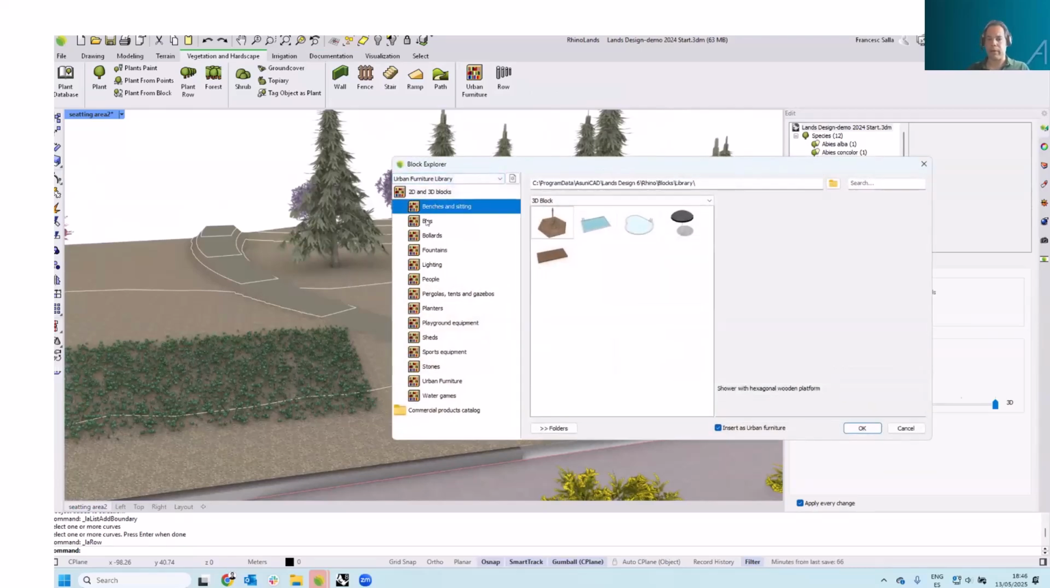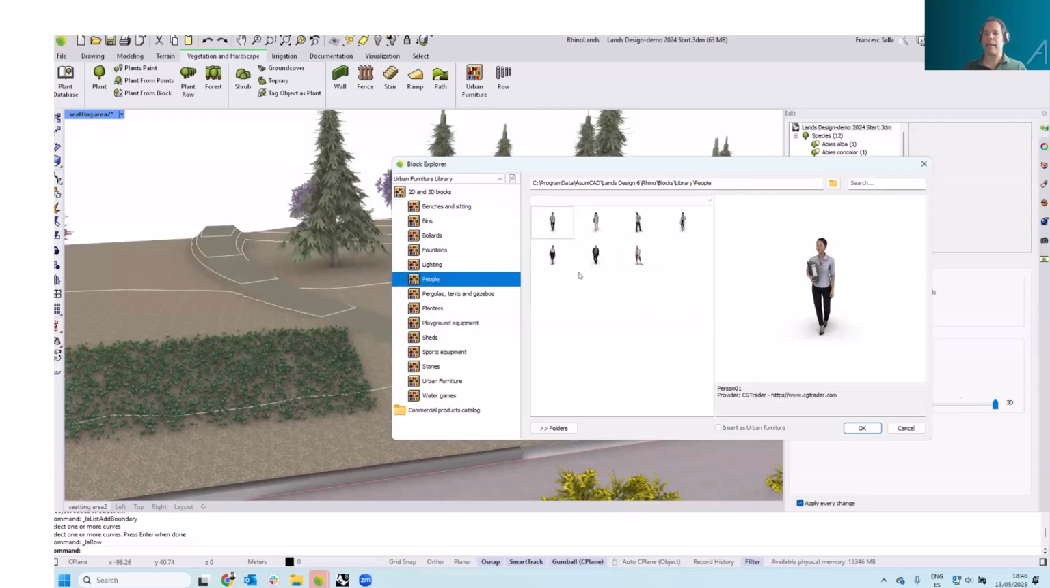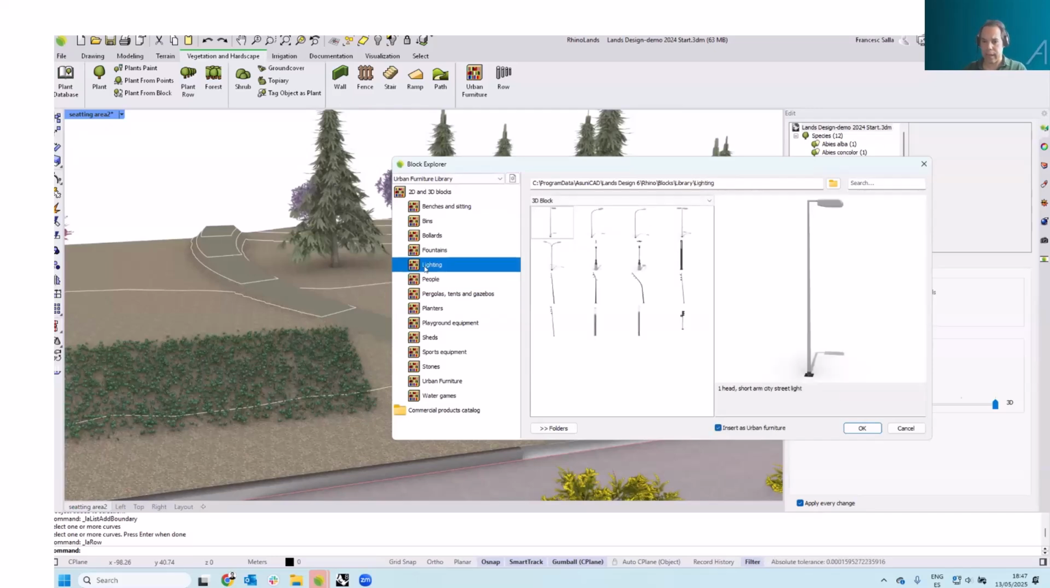RhinoLands come with this library of 3D elements. You can explore those. But I mean, they are nothing but 3D blocks in a folder. You can also add your own folder with your own blocks that you have downloaded from the web. Since RhinoLands can open many different file formats, it's very easy to integrate your blocks in your project. And well, in this case, I'm gonna select one of these